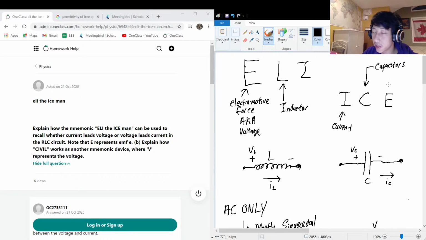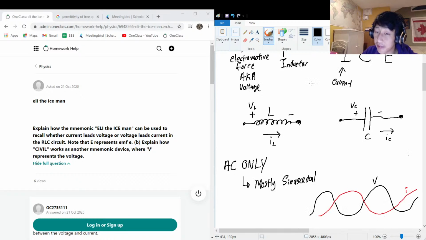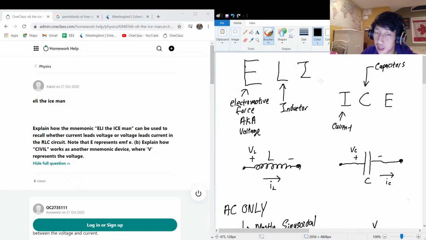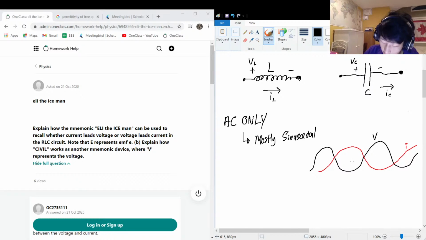Now, what we really want to extract from the Eli is that when it's an inductor, E is before I in terms of phase. So you see how the voltage corresponding to E is ahead of I. I just seems like a delayed version of V. That means that it has to be an inductor. So inductors have voltage leading over current. But if I wanted to do another example where current leads,